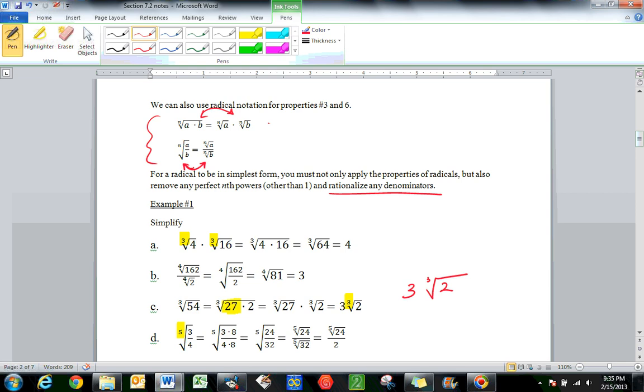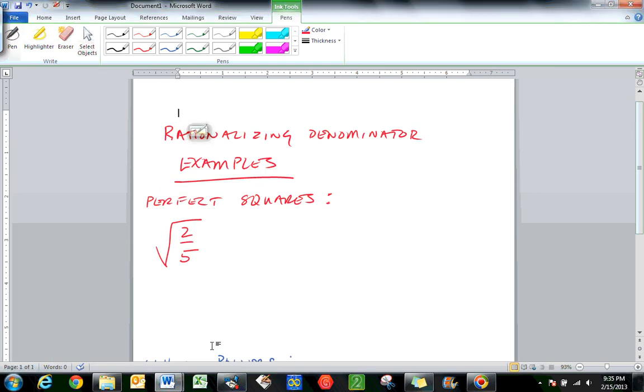In this particular example, part D, I'm not real crazy about the way it's typed out, so I'm going to show you a different method of it. I'm going to go to a different page here, so I just want you to follow along. Let's quickly review rationalizing the denominator. First of all, that's the square root of 2/5. So with perfect squares,